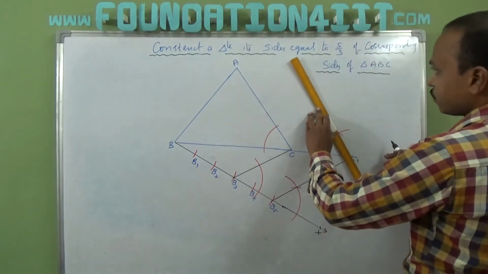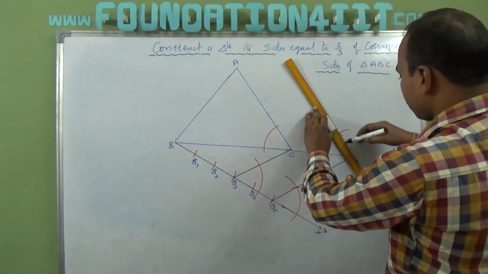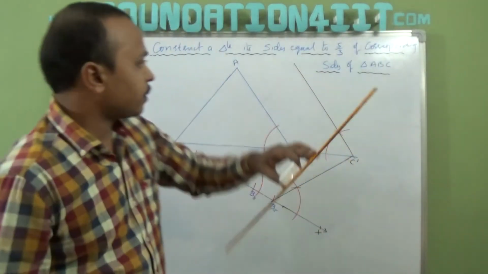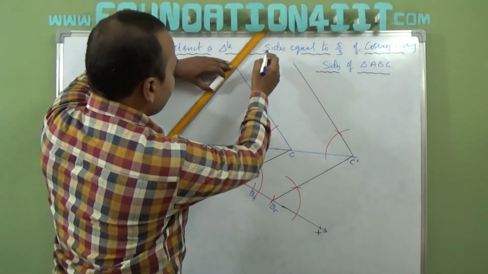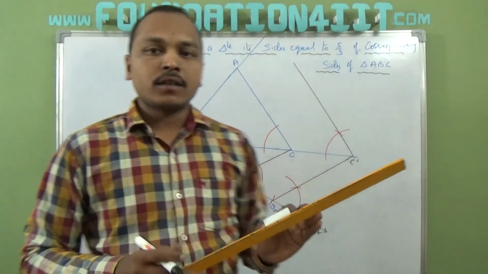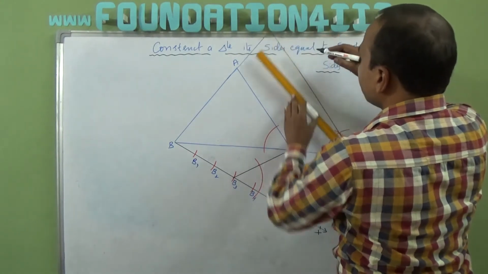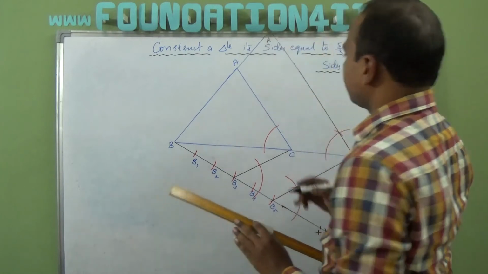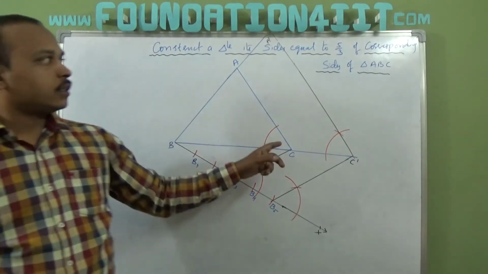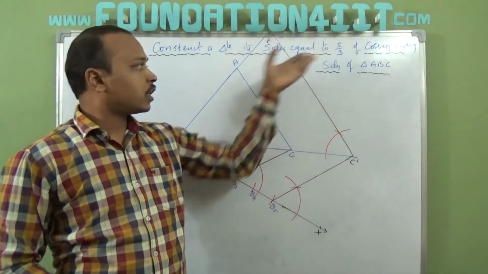From C dash, draw the parallel line exactly. And this A also extend. Actually it's very small, so on paper it will come clearly. So extend this line also to the top. Where it touches, that is A dash. So exactly will come, you can see on paper. That means the new triangle A dash B C dash is 5 by 3rd of the corresponding triangle ABC.